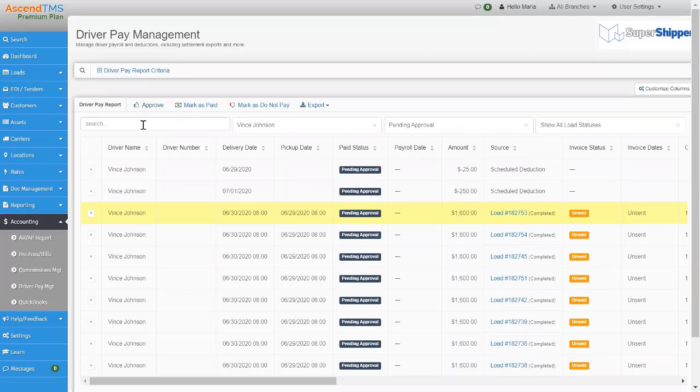But let me tell you the 2 use cases I can think of why you would use approved. If you are the boss, if you're the admin and you're the one making the decision whether or not these drivers can be paid, but someone else in your accounting team comes behind you to get the driver pay settlement report and pay them, you're going to mark them approved. That way, that person can come into driver pay, sort to everything you've approved, and know those are the things that they can pay.